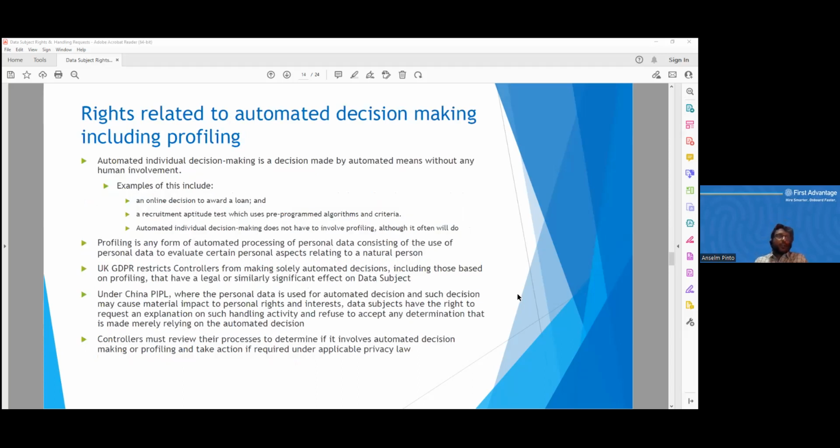So this is again one of the new rights available in GDPR, and again under PIPL China. It is the right related to automated decision making and profiling. I've given the definitions, at least as per the ICO, of what automated decision making and profiling are. It's just an example for you to know what automated decision making and profiling are. While the UK GDPR just restricts controllers from making automated decisions based on profiling,